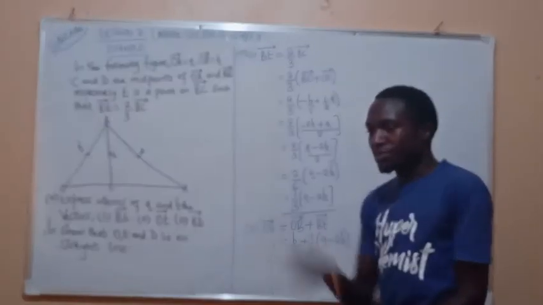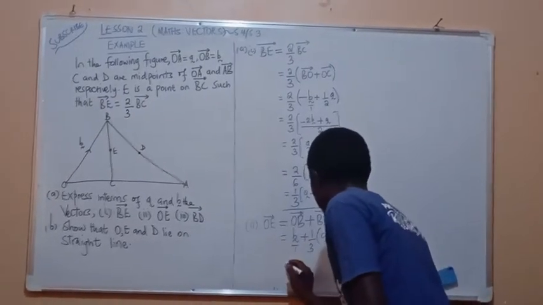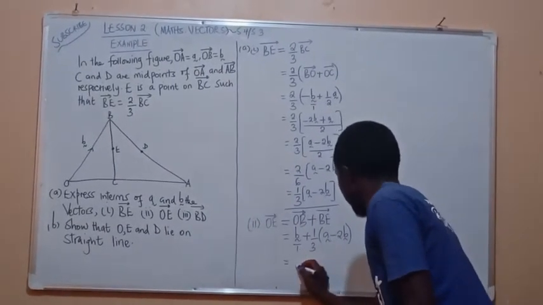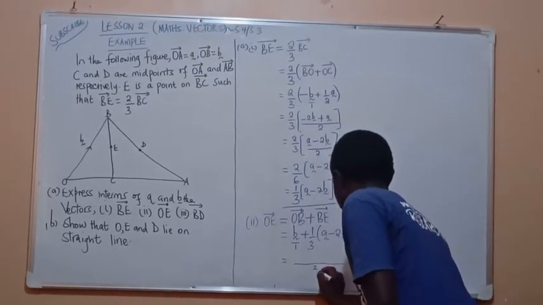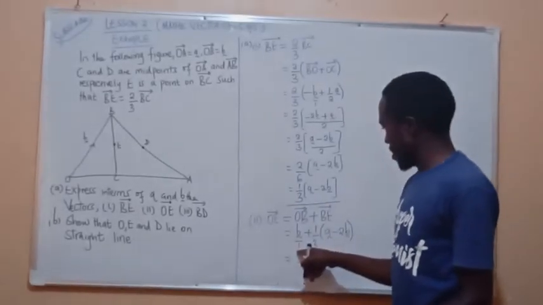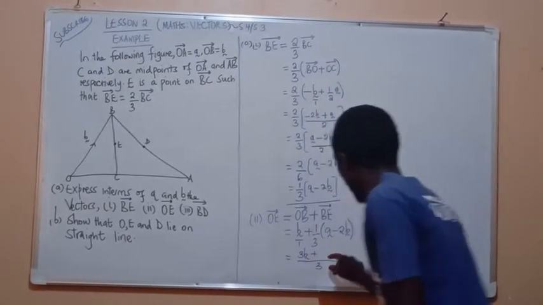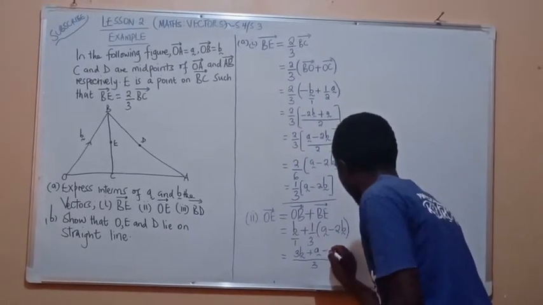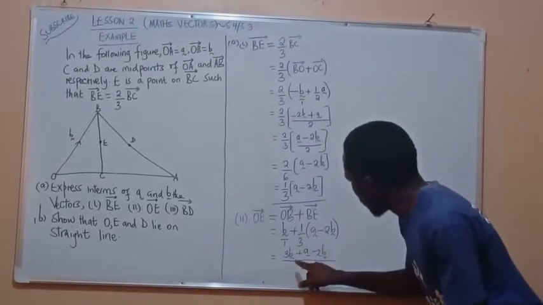Richard is saying, sir, decrease on the speed. Okay. So now here, we have over 1. A 3 and a 1 can be taken under the LCM of, Claire is saying 3. Good. 3. Now, 3 divided by 1, when you divide 3 by 1, you get 3. Then 3 times b, you'll have 3b plus, when you divide 3 by 3, you get 1. When you multiply 1 into this, it will keep a minus 2b. Very interesting. Now, when you collect like terms together, you'll see that this is,